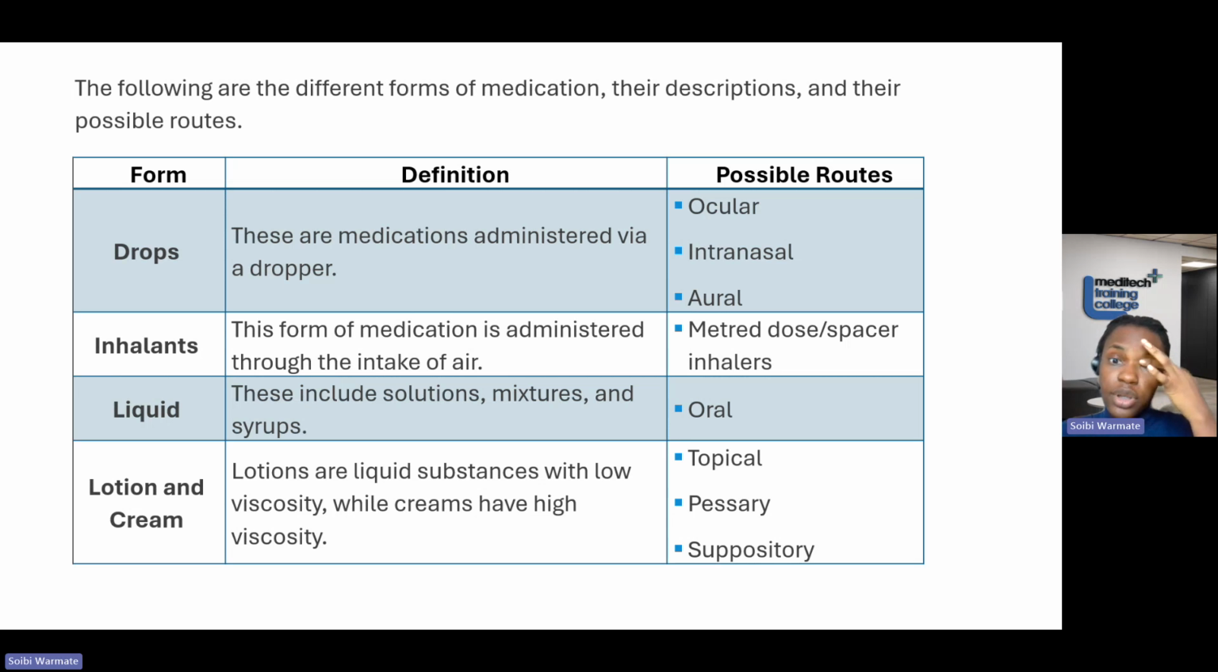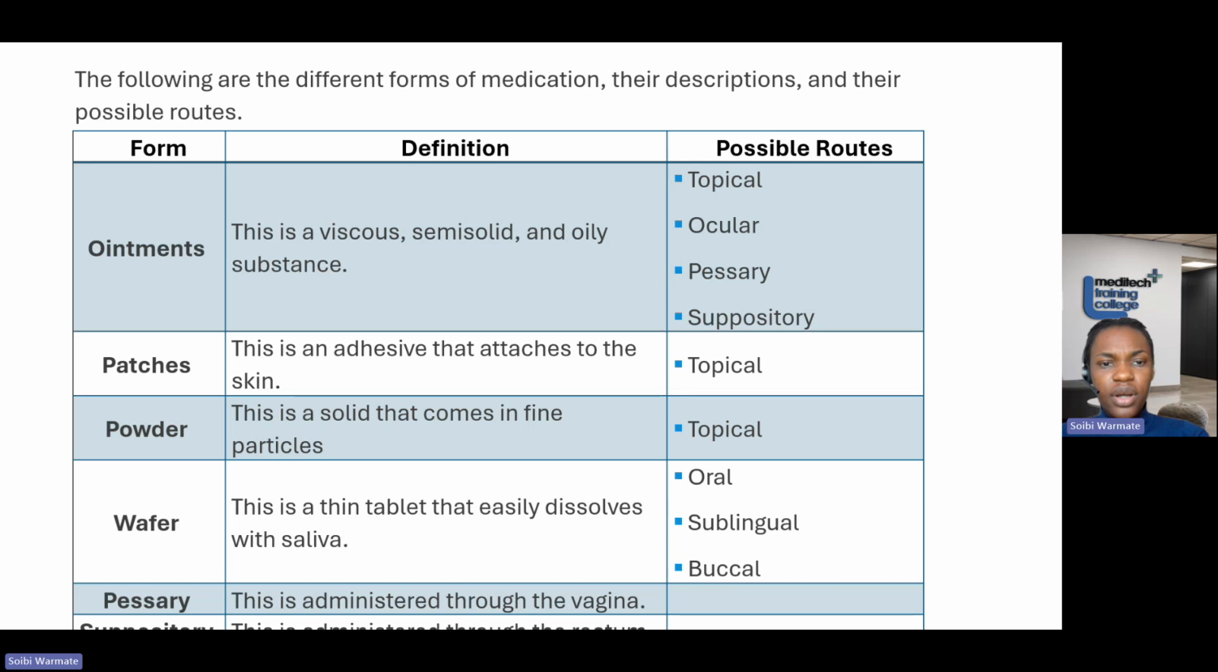They are administered through the intake of air. We have liquid, which are solutions, mixtures, and syrup. These are given orally. We have lotions and creams, where lotion has low viscosity and creams have high viscosity, and this can be given topical, which means skin, and also through the vagina and anus. We have ointments, which are topical, given through the eyes,